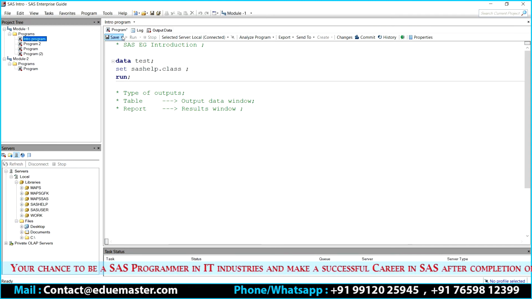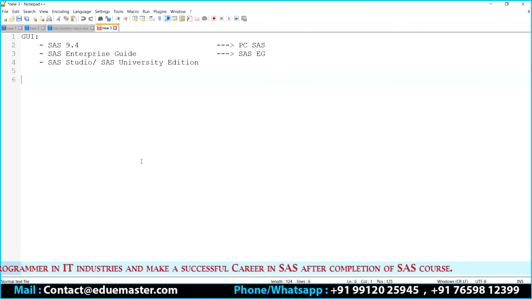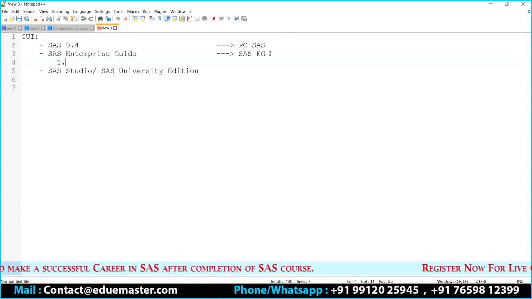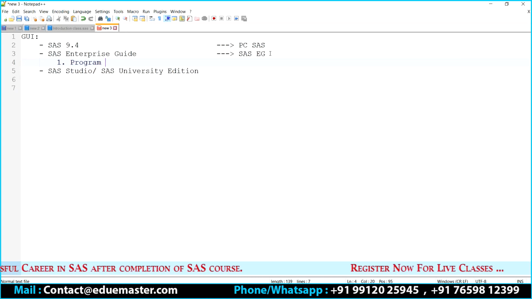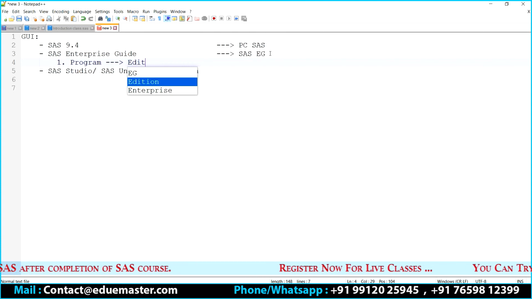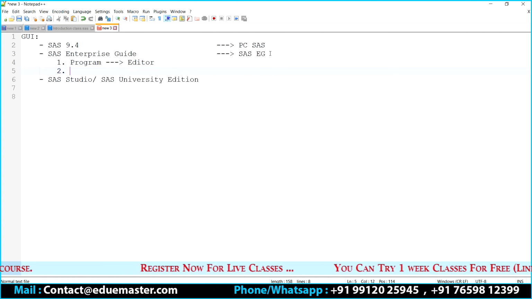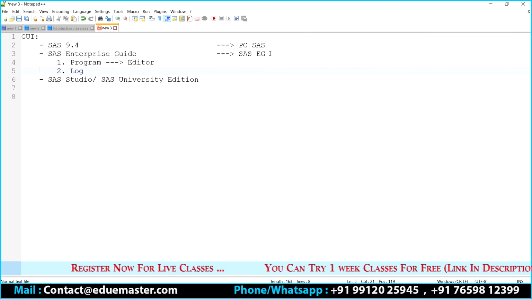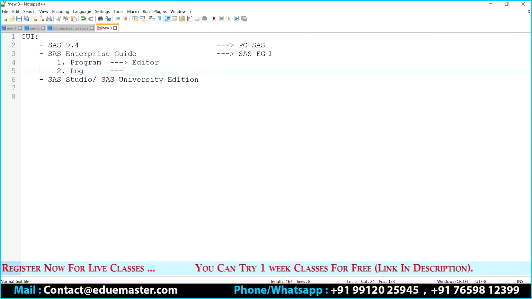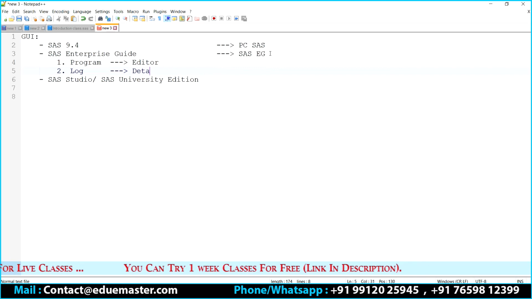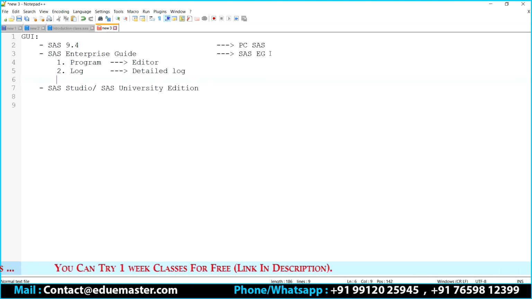So overall, 3 windows, or I can say 4 windows. If I go with SAS Enterprise Guide, one window I can call the program. This will be my editor; here is the place I'm going to write my program. Number 2, I'm going to have the log window, where I can see the detailed log. Number 3, I'm going to have the output data window.